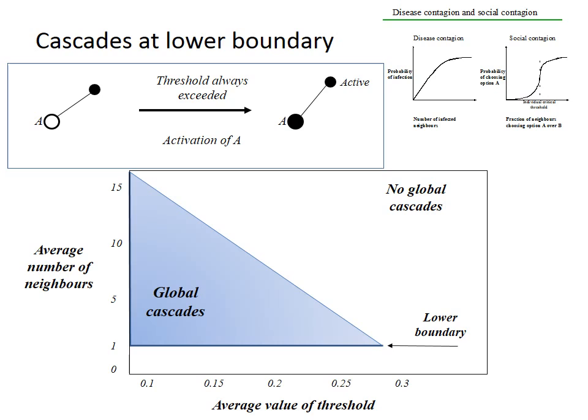Notice that the graph is divided into 2 parts. Let's take the blue part and the white part. In the blue part, cascades are possible. In this part here, cascades are impossible because the average threshold becomes so big, and at the same time the average number of neighbors becomes so large, that it's basically impossible for a cascade to happen. Why is it impossible for a cascade to happen? Let's start by looking at the lower part of the figure.